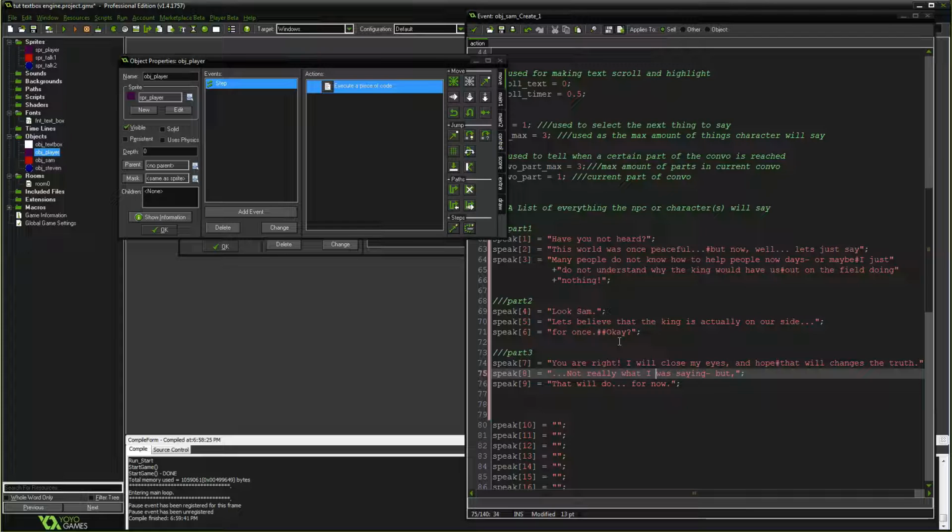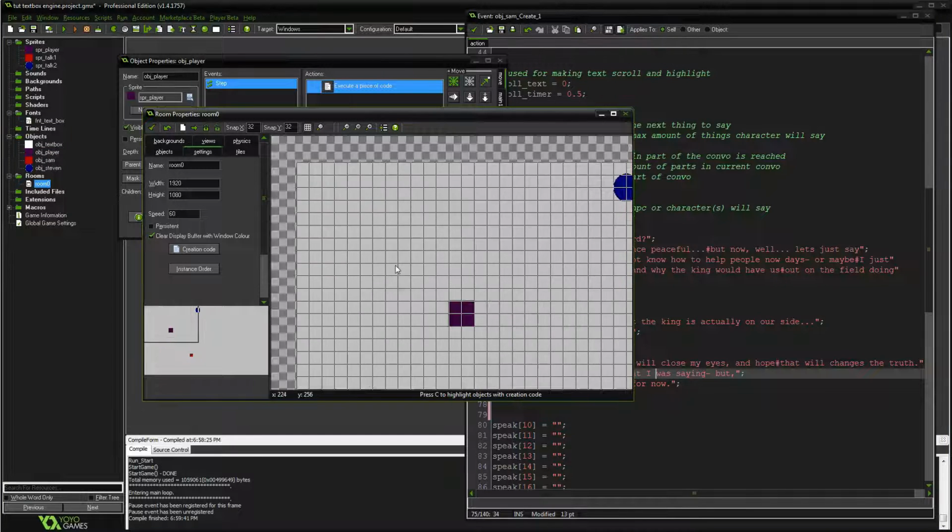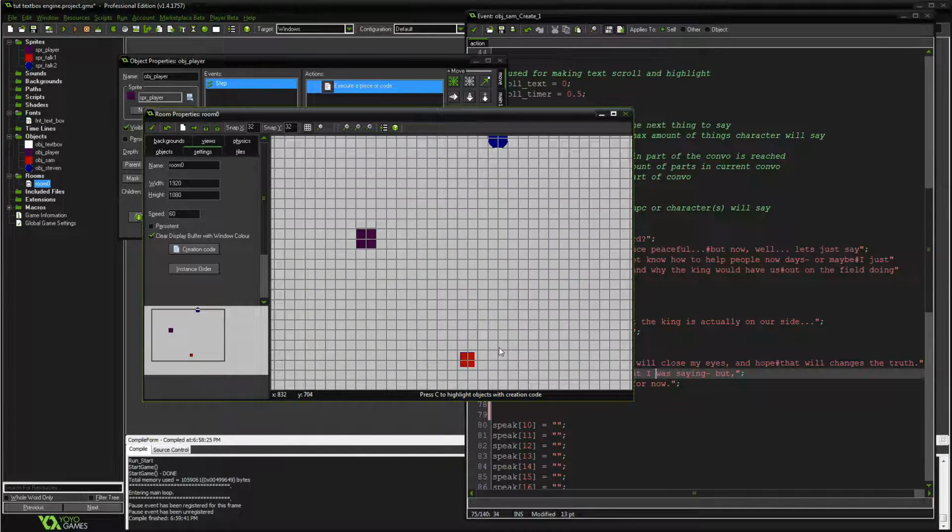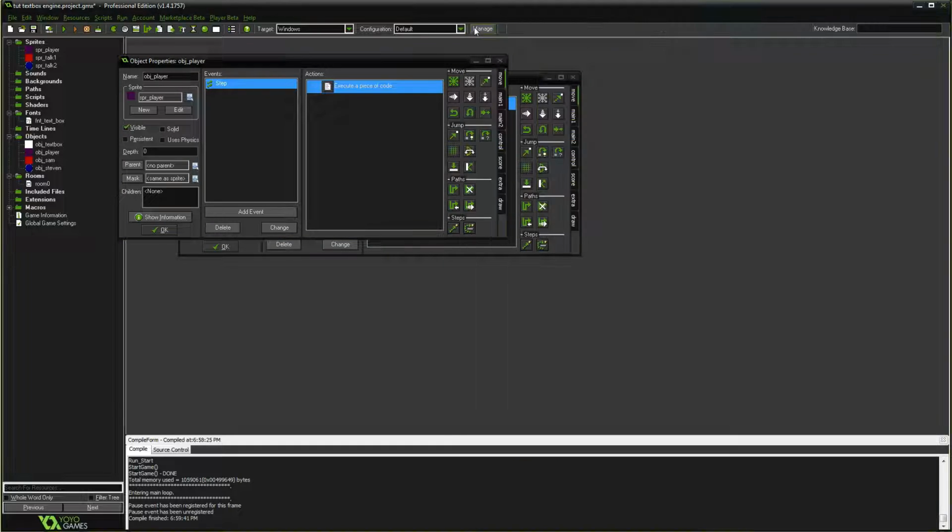How did you see that? That was actually pretty cool, right? So you come here, boom, just like that. Let's go ahead and move him over here. Okay. And now we're going to make Steven say something.